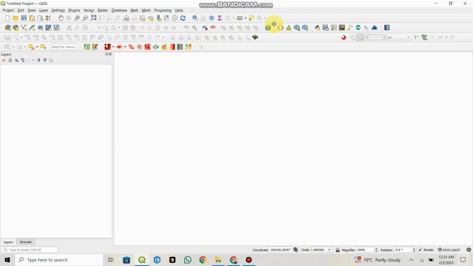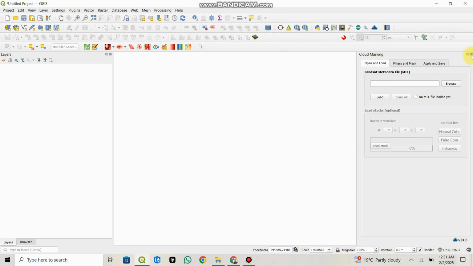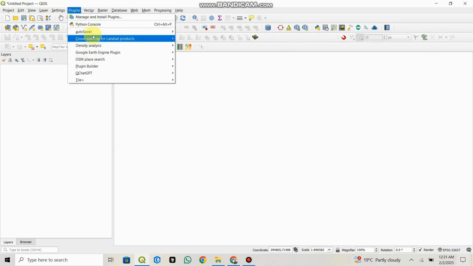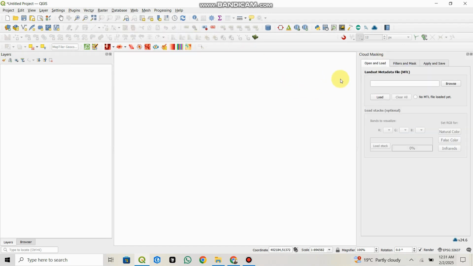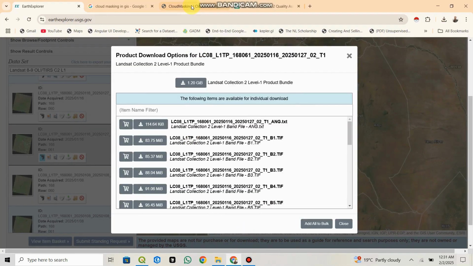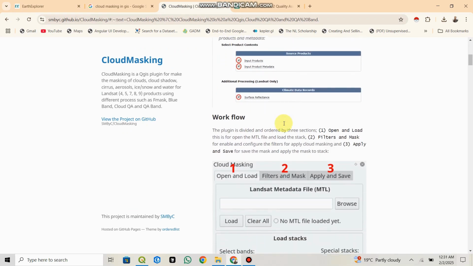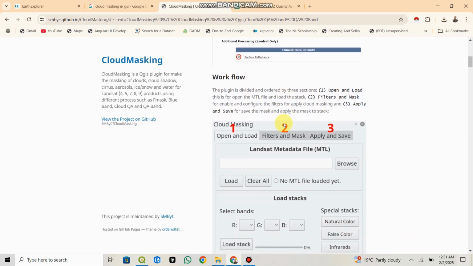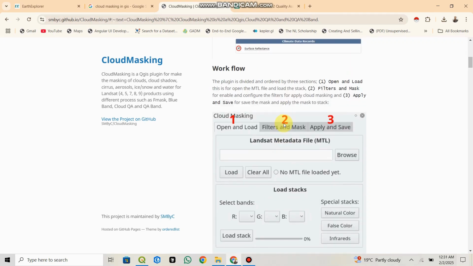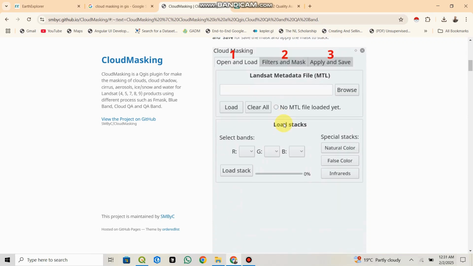If you cannot access it, if you do not see it anywhere, you can just go to plugins, and you should see it listed down here. Just click cloud masking. This is the pop-up window we'll be expecting. Once we are here, I want to go back to the plugin documentation, and if you need more information, you can always come back to their website and go through what they've shared, the workflow, how we load the data, until how we process the final